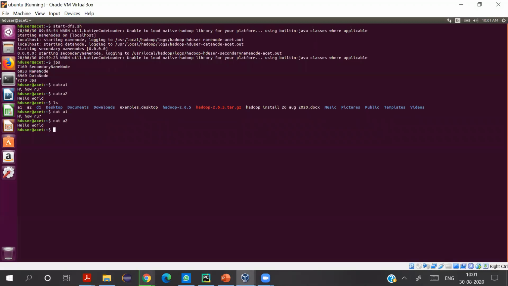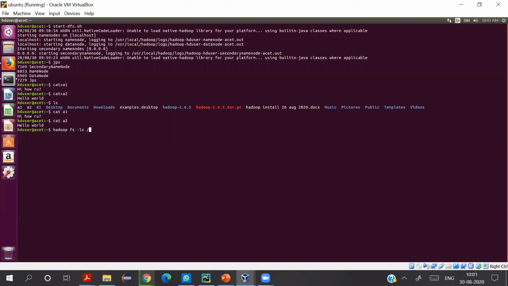Now let's focus on the commands in the distributed file system. For that, you can start the command with hadoop fs followed by some path argument. So let me list here the files in the distributed file system. This we have already covered. This will list all the files in the root of the distributed file system.